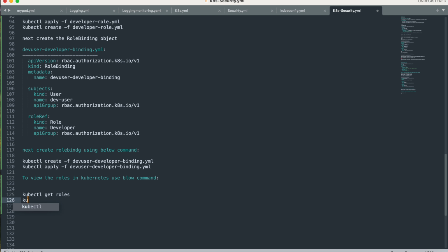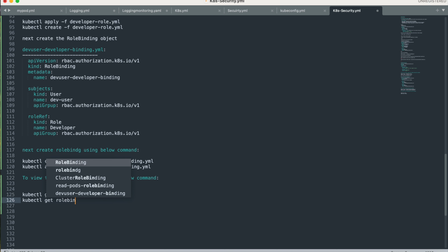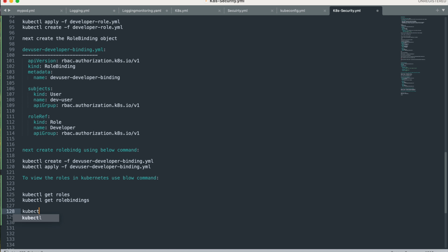To view the role bindings, kubectl get rolebindings. So we are viewing the roles and the role bindings. To view more detail about the role, run the describe command. As usual, when we described the pods for in-depth information about the pod, likewise we can use kubectl